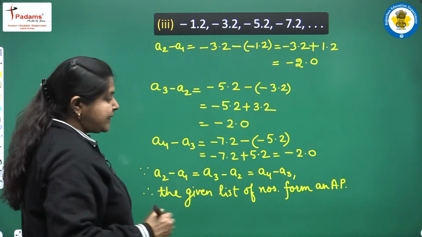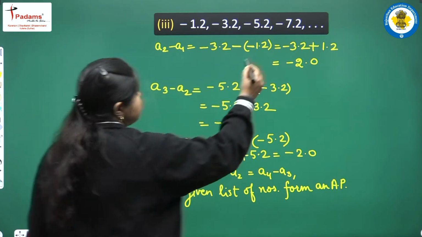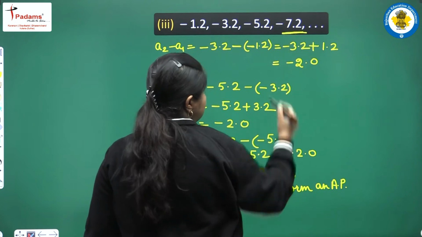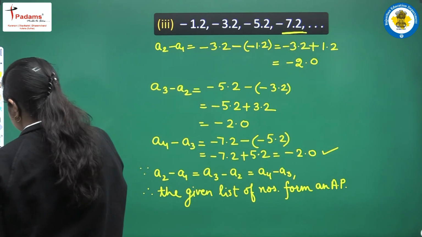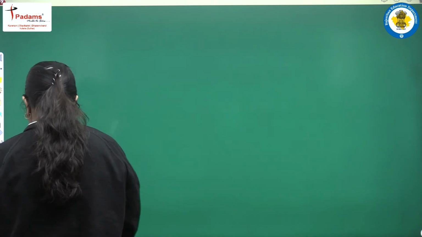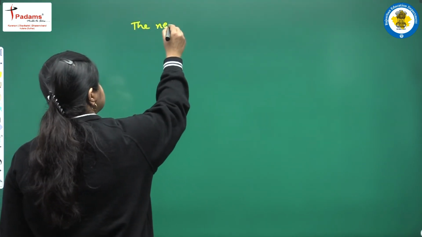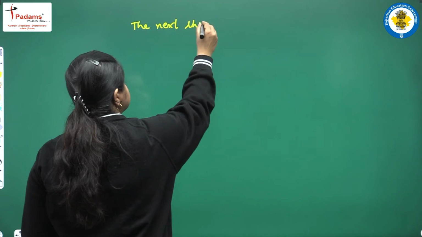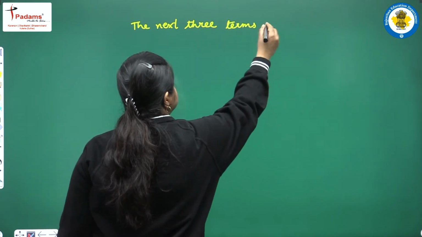And now we need to find the next three terms. For this we take a new page and obviously the fourth term is minus 7.2 and the common difference is minus 2.0. तो यहाँ से हम find out करते हैं next three terms. The next three terms are